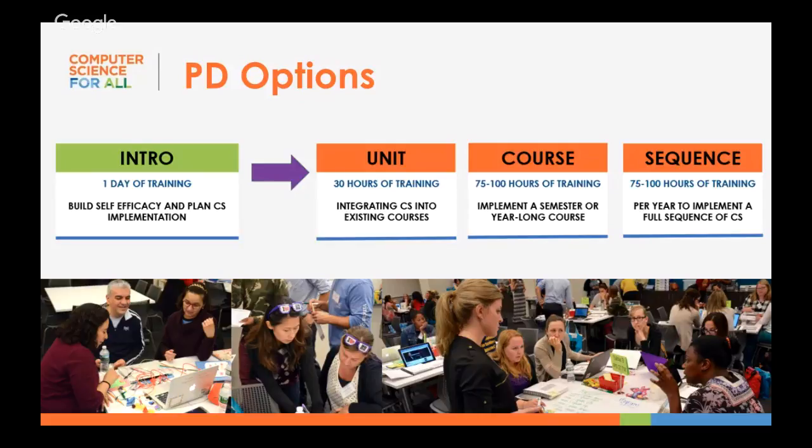So from kindergarten to fifth grade, kindergarten, first, second, third, fourth, and fifth, each of those years, they will receive at least one meaningful unit of computer science. And really the hope and goal is that they receive multiple units of computer science based on the availability of scheduling and the integration into other content areas. So sequencing is more that intense, deeper dive into computer science for an elementary school.